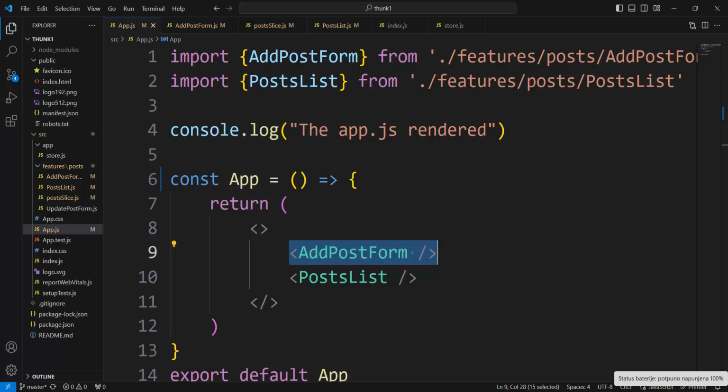From add post form, but from thunk function. Add post form dispatches the thunk function with title and content, and it goes to the remote server and back to the reducer. It means that add post form, when we push save post, sends title and content outside of a single thread of JavaScript program, outside